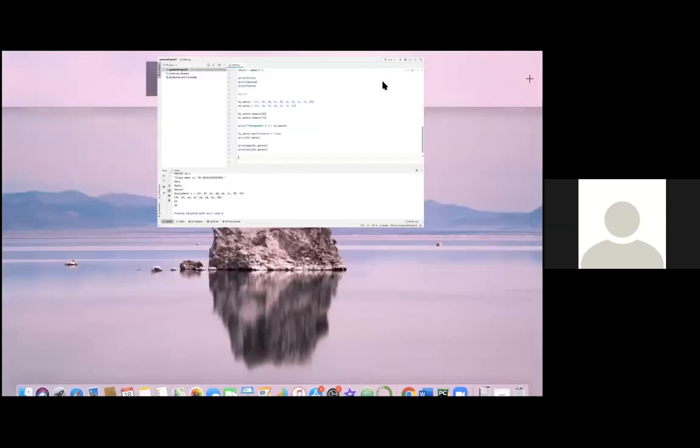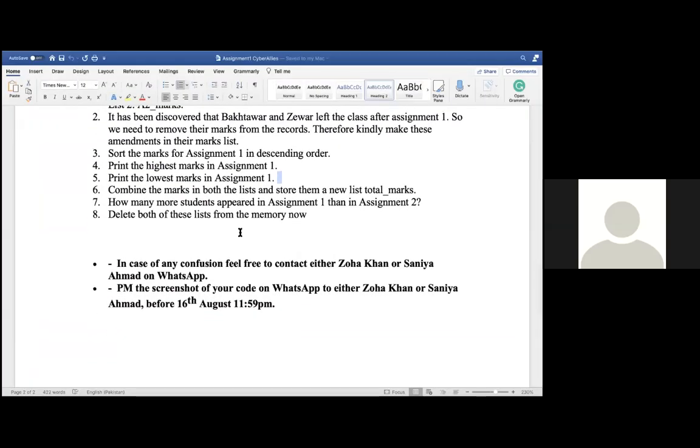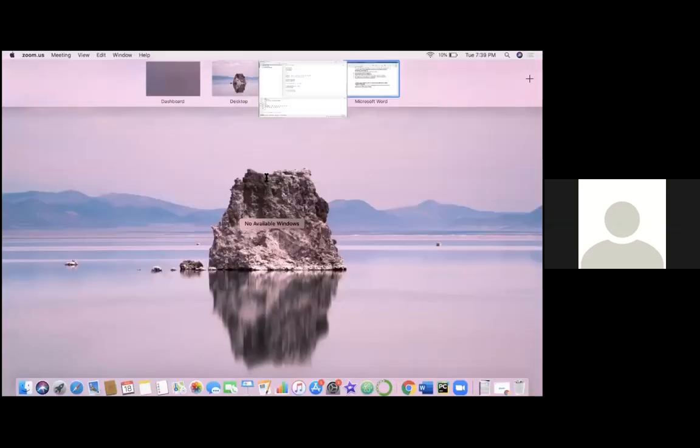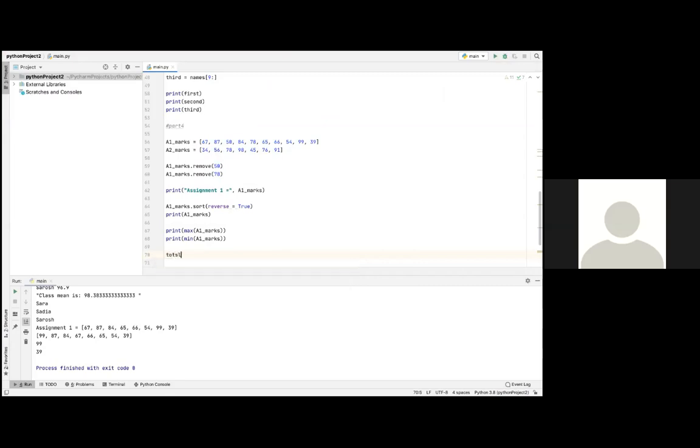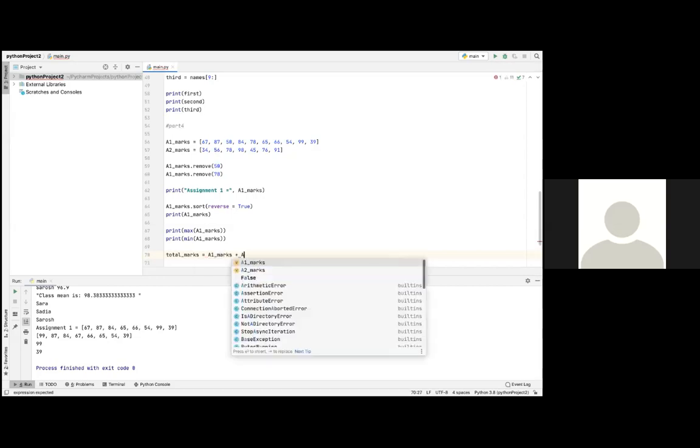Now let's move to the next part. Combine the marks in both the lists and store them in a new list, total marks. Okay, so let's declare another list named total marks. And we read that if we have to combine two lists, we simply add them. We use the plus sign between the two lists, and that's how we used to concatenate strings. That's how we combine this. So A1 marks plus A2